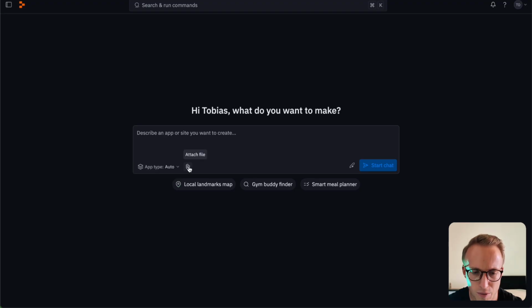And then here to the right, we can attach a file, for example, an image file, and then it can use this to build our app. Could be a mockup or something like that. And here it has a prompt improver feature included, but we won't use this. I prepared a prompt already. I want to use the same prompt for all of these 6 vibe coding tools, and I'm gonna paste in